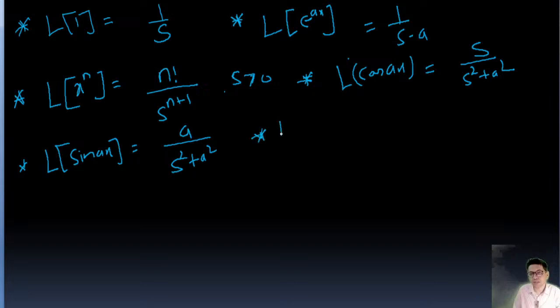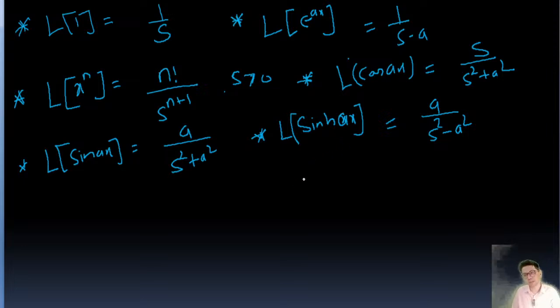And now the Laplace transform of sin hyperbolic ax. The Laplace transform of sin hyperbolic ax is going to be a upon s square minus a square. If hyperbolic is there, then in the denominator you will get s square minus a square, and with just a sine, then it is s square plus a square. Similarly, the Laplace transform of cos hyperbolic ax, this value is going to be